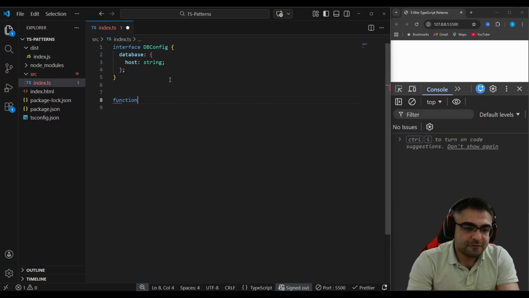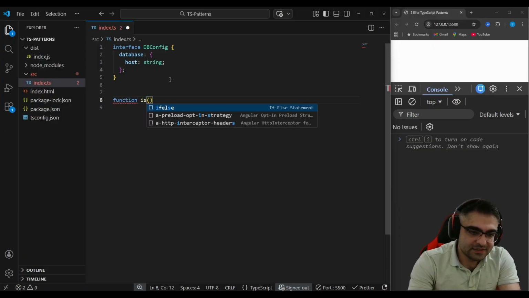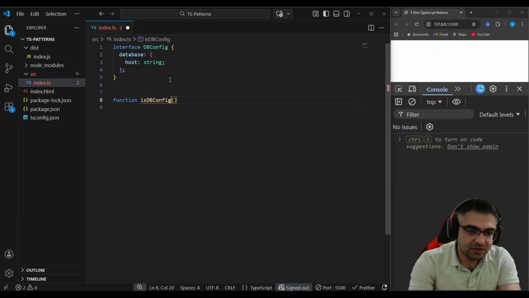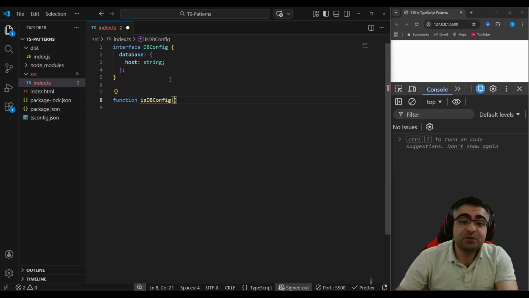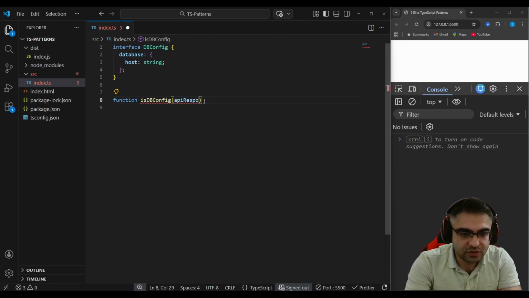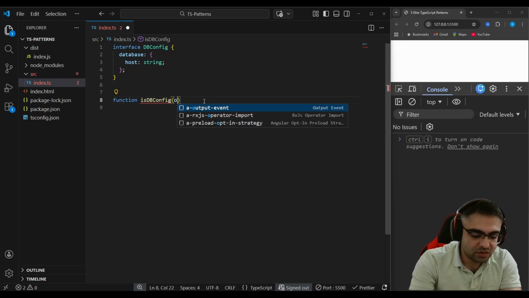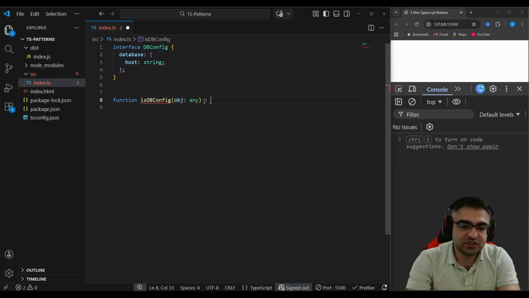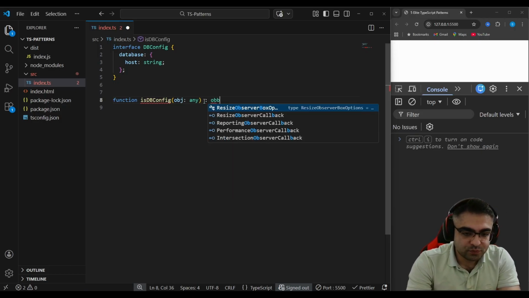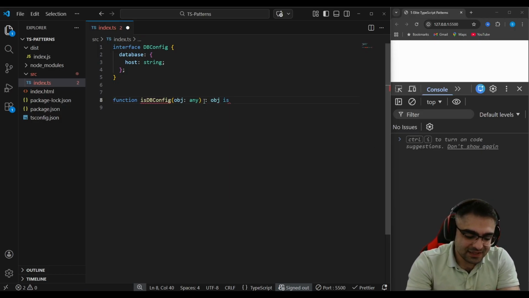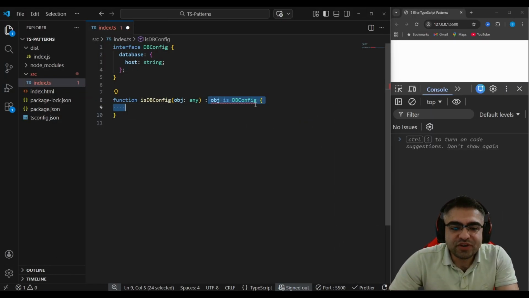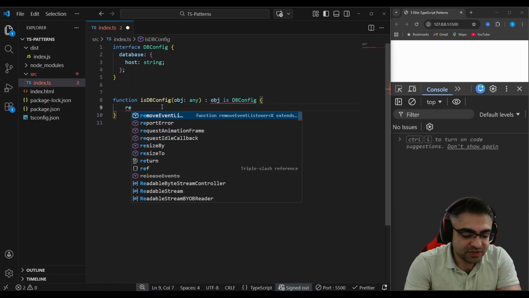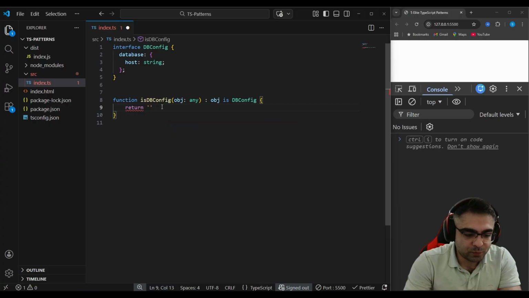So function isDbConfig. In the end, we want to ensure whether that apiResponse is a DbConfig or not. Then apiResponse, or maybe object obj, which is of type any, and this is the important part. It returns obj is DbConfig. And yeah, we see this red line because it's not returning anything. Let me finish that and then I'll explain it to you. Returns